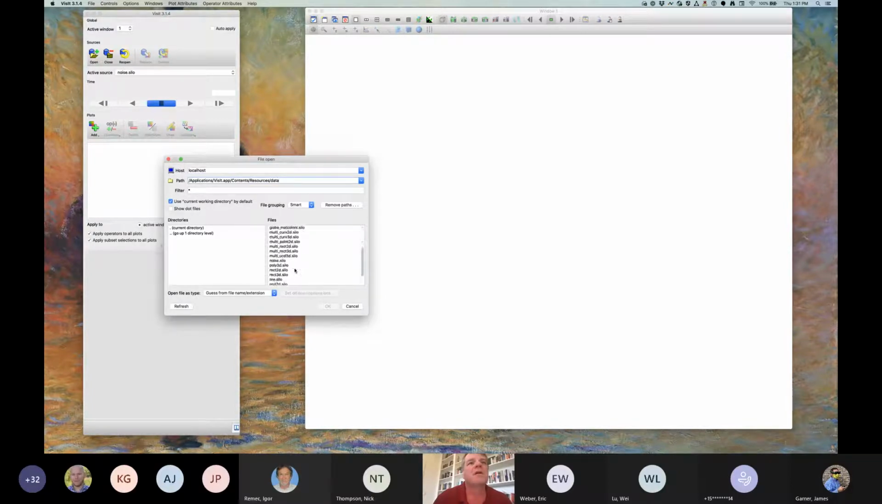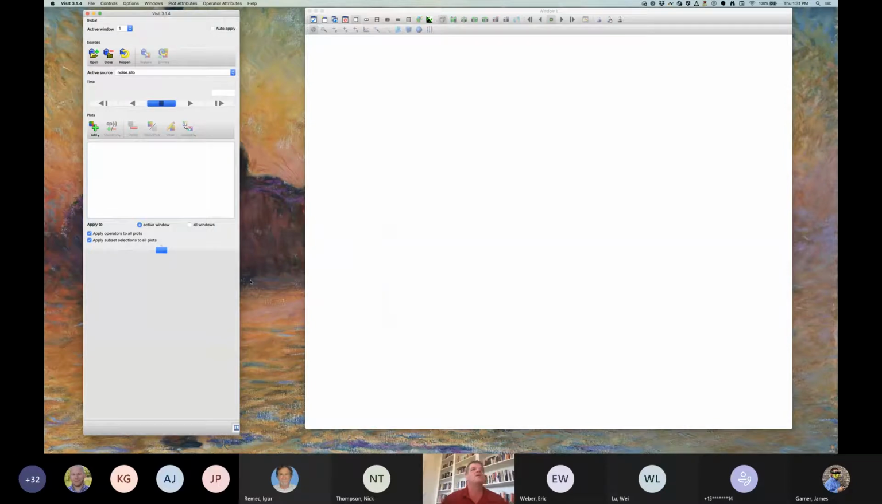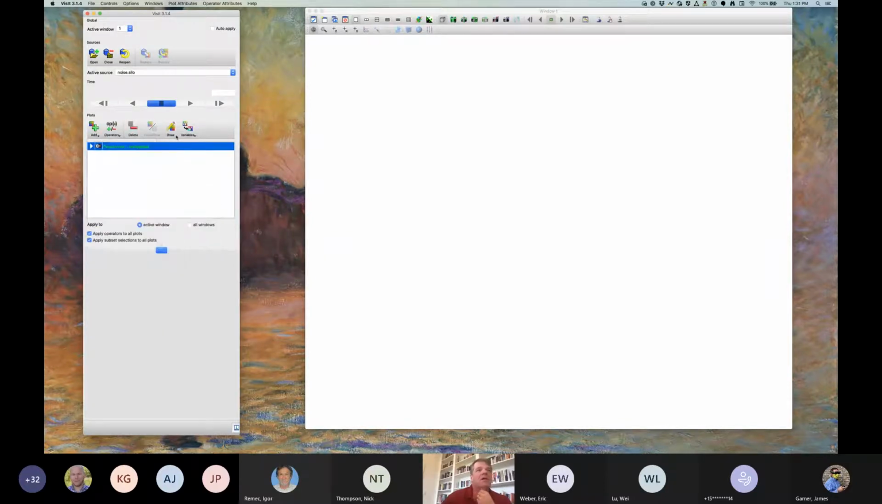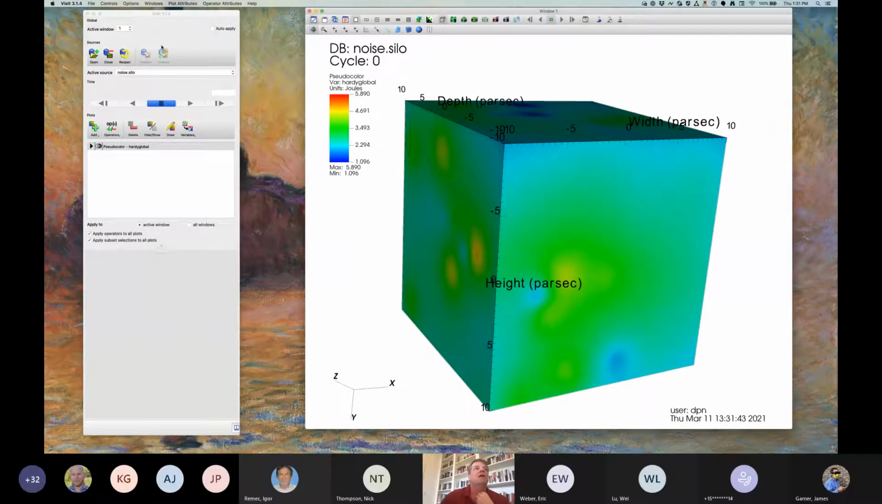Oh, I guess it's not in here. Oh well, I'll just use the noise file. It doesn't matter. Okay, so I already had it open, so I didn't have to do that. So let's just put up our good friend the pseudocolor plot again of this data set, and then to